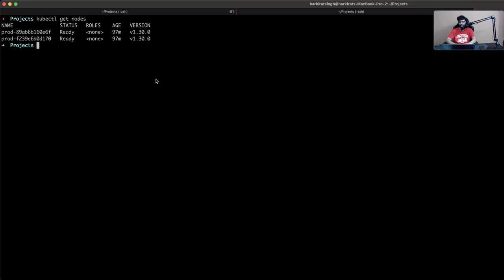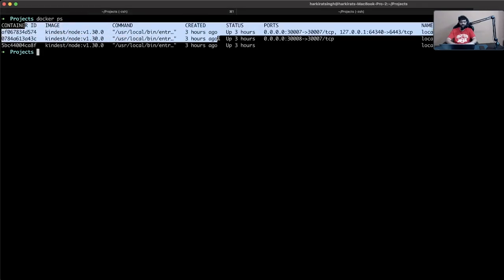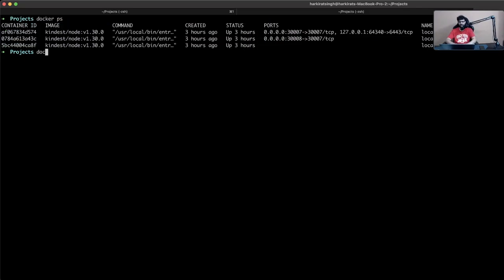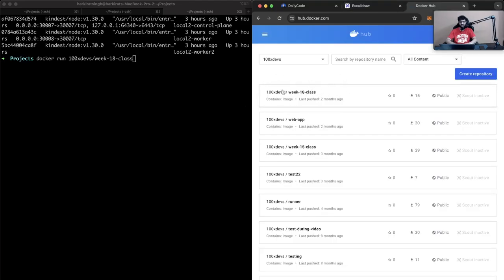These are things we have learned about in the past as well, nothing related to Kubernetes. If I quickly want to show you, if I run docker ps, it shows me a bunch of containers that I am already running. These things that are running are containers. If I run docker run 100xdevs/week18 class, which is this image right here that I had pushed to Docker Hub a few weeks ago,